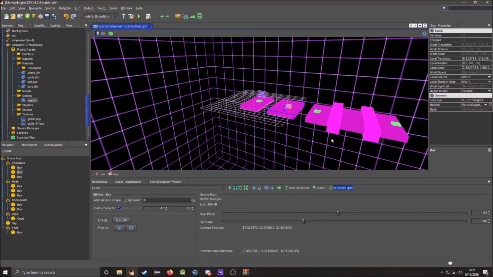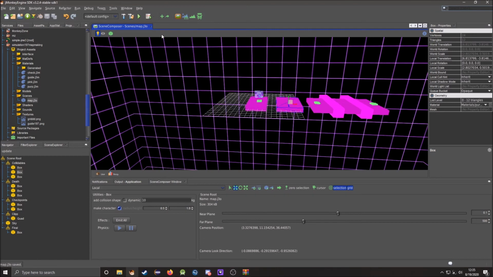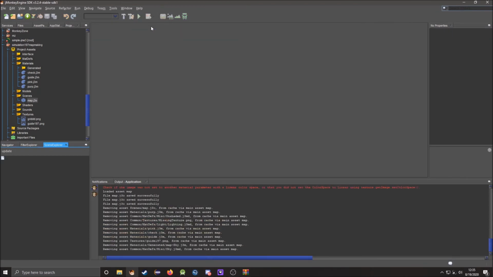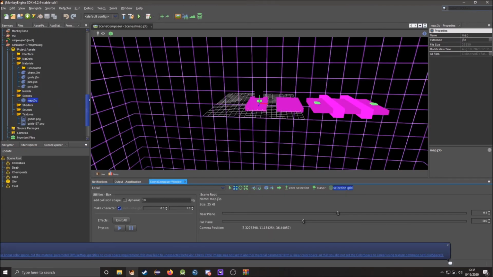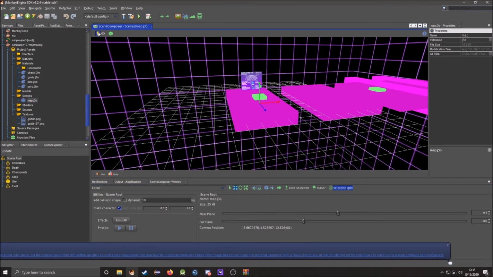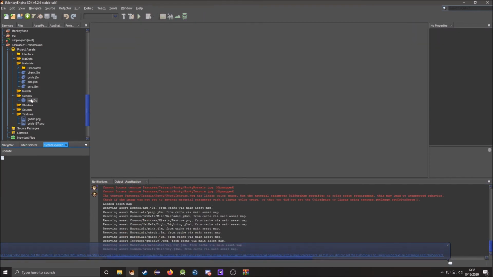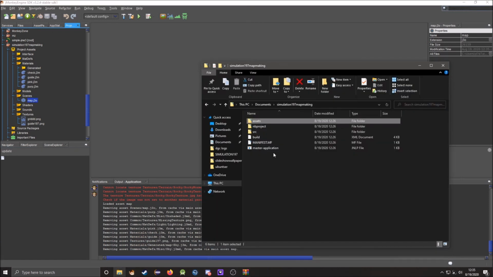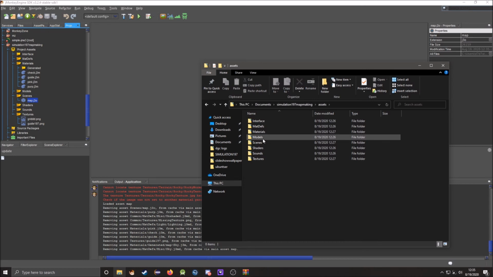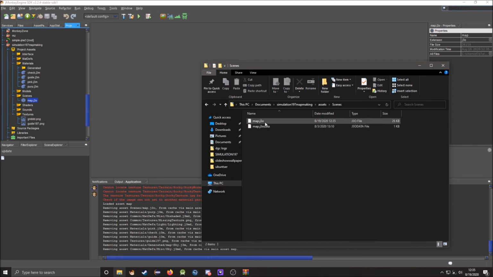Now we can use this map and save it using Control S. It says saved right here. We can now close this map and we have the J3O file already made. We can open it back up and see everything. So now we're going to go back to the documents folder and go to the assets. And now we have this file. This is the map file we have. We can copy our map